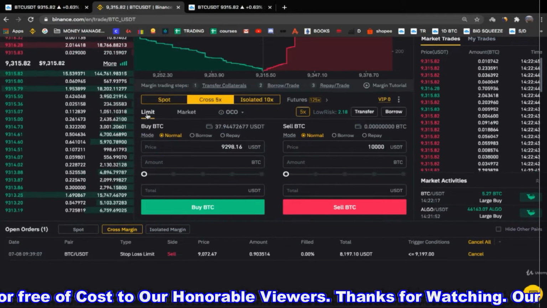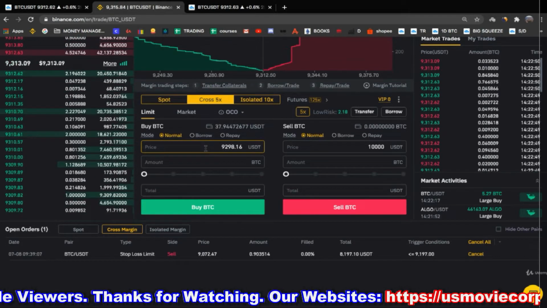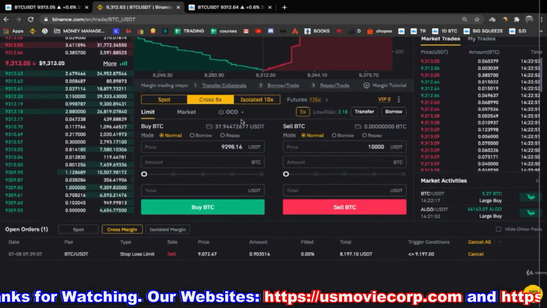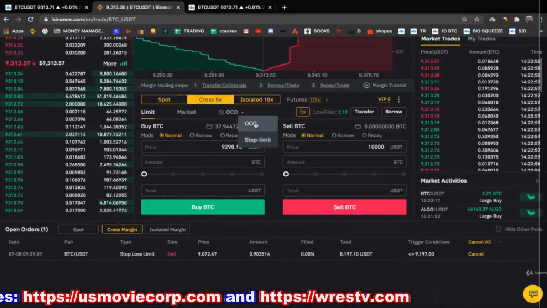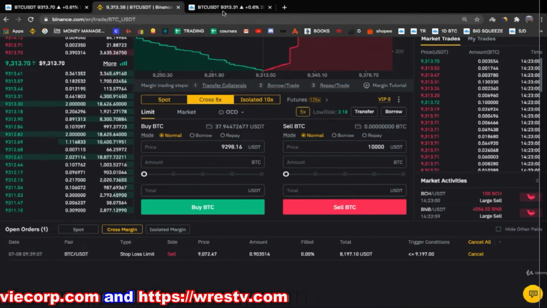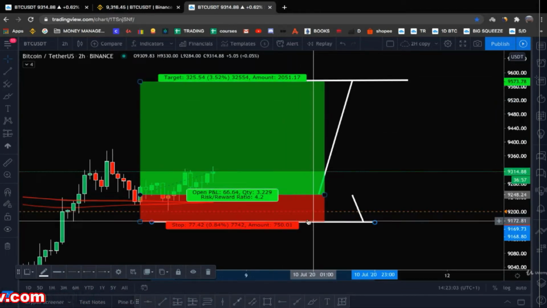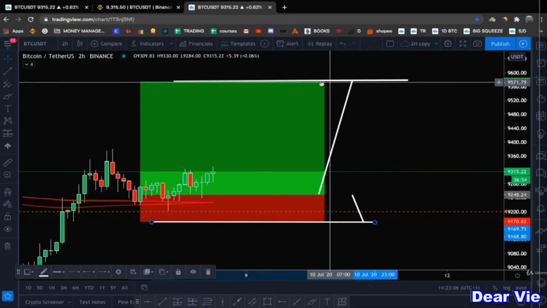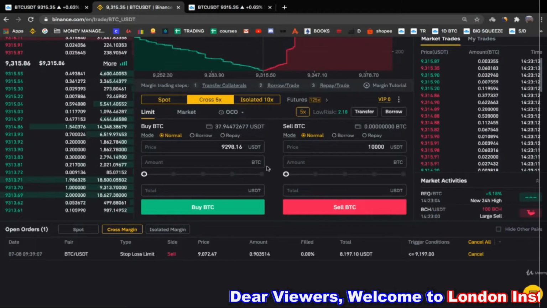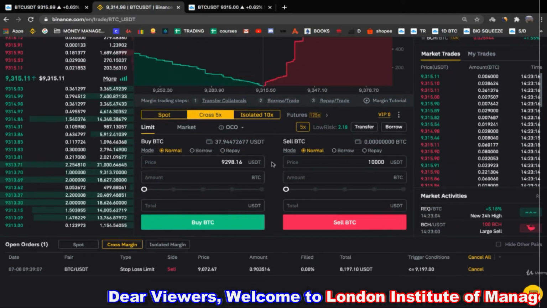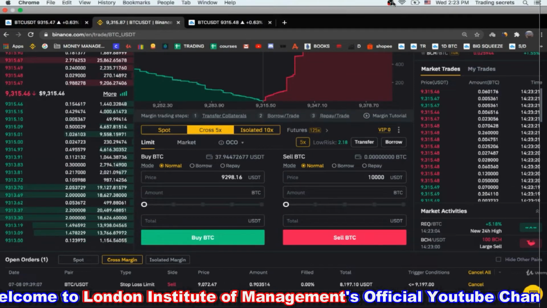The limit order gives you the option to buy at the price that you like, a limit buy or limit sell, right? And the OCO, which is the stop limit, the stop loss, and the other one that I just showed you, gives you the opportunity to set a take profit target and stop loss, and whichever of the two occurs first will be executed and the other one will be cancelled, right? So this is what we learned in this video: the three types of orders, how to use them, and for what situations they are good.